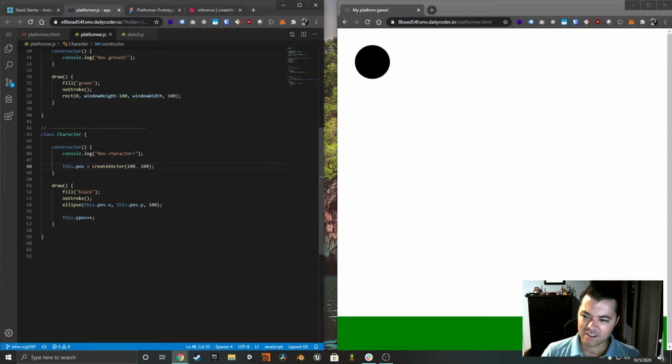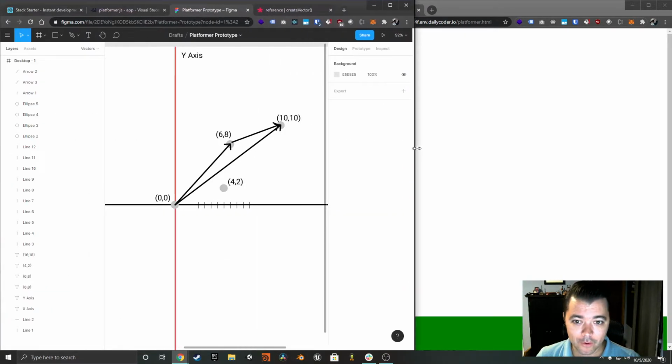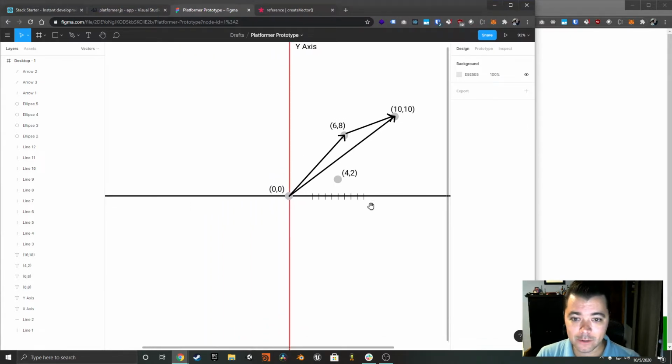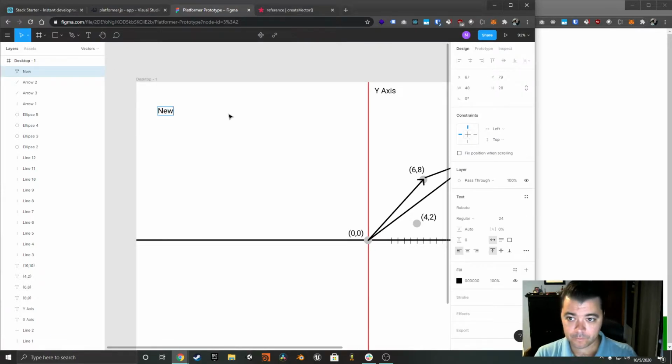But we want to make it a little more interesting. We want to get this to be pulled to the ground. Now, why did I introduce this idea of a vector? I did this because we want to start to talk about Newton's second law of physics. This is a good one. This is a very famous formula, much like Einstein's E equals mc squared, which you've probably heard. So let me go up here. Newton's second law of motion